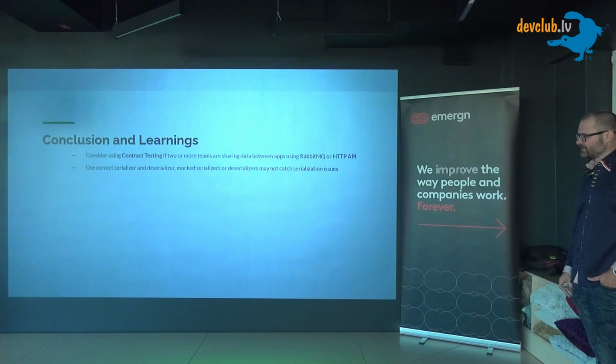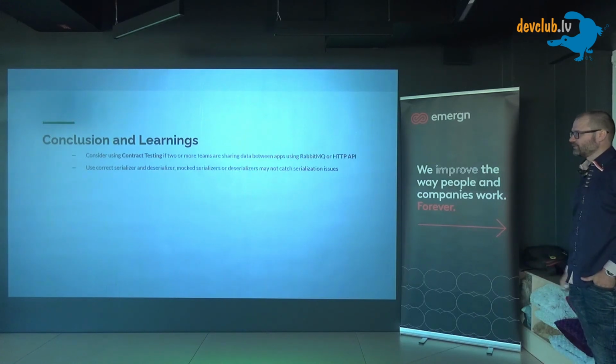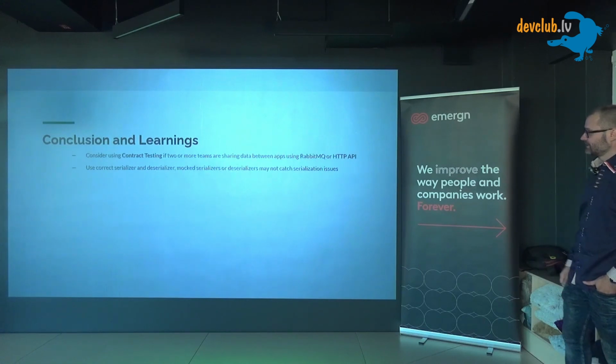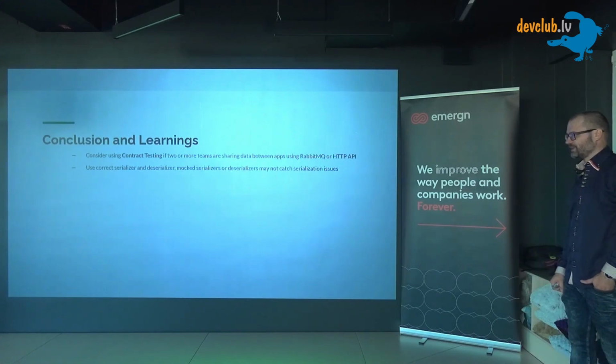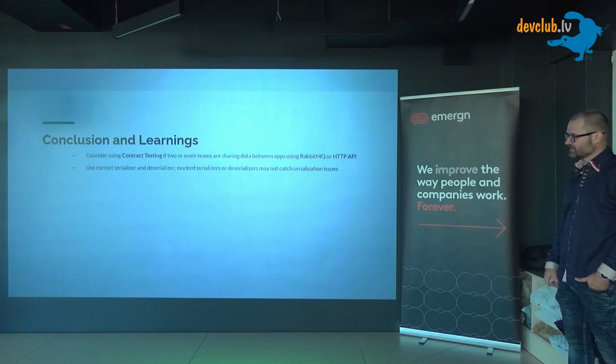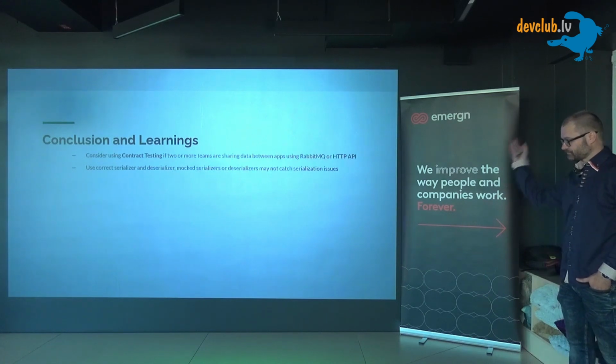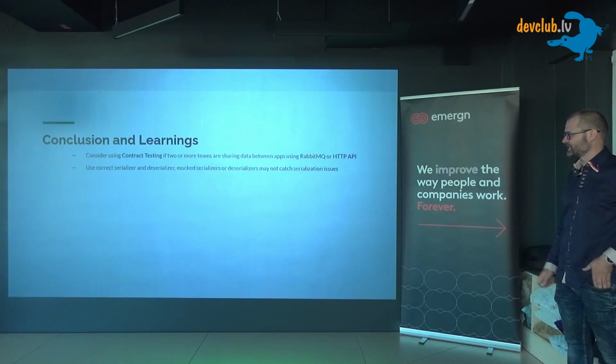If you just use a standard JSON serializer, it might not serialize the data exactly as your system will do. So our tests will be green, everything will be fine, but later you'll find out that in production they use a different serializer, and the message does not look exactly like it looked in the tests. So all the contract testing goes to waste.